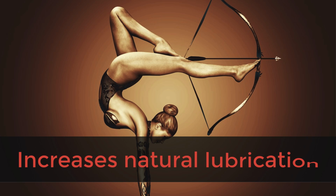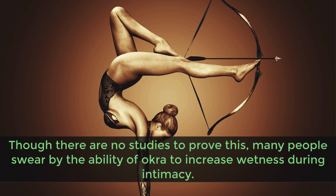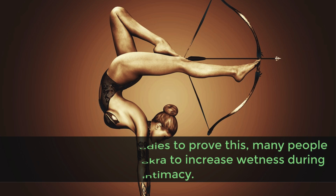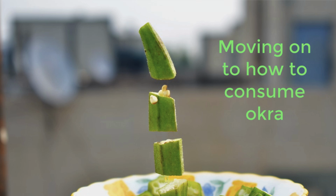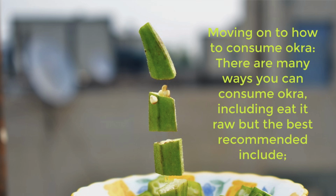And lastly, okra increases natural lubrication. Though there are no studies to prove this, many people swear by the ability of okra to increase wetness during intimacy. And moving on to how to consume okra, there are many ways you can consume okra, including eating it raw,